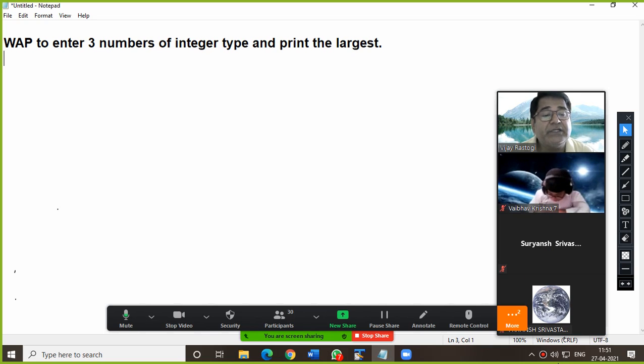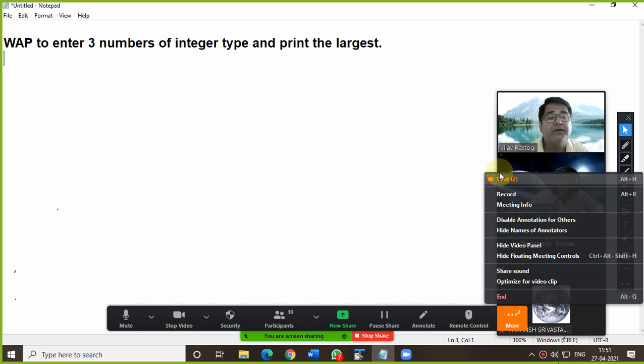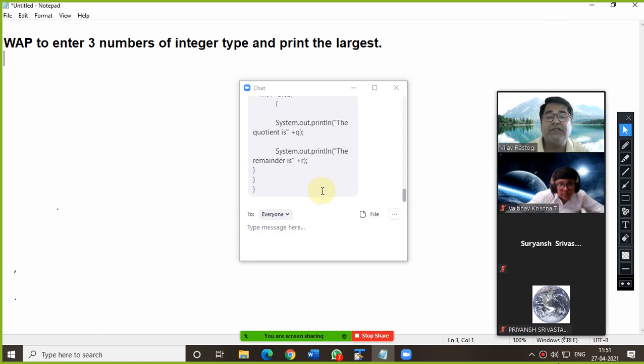Now in this question, we are assuming that the user is inputting all the numbers different. Means there is no common value. Okay? Got it? Everyone? Have you got the question, beta?